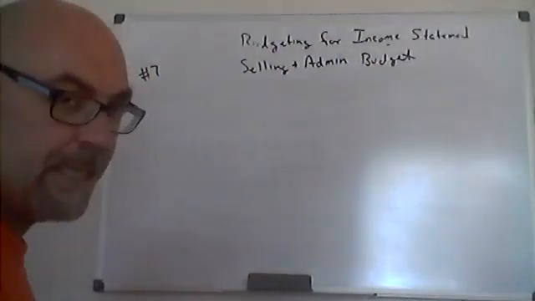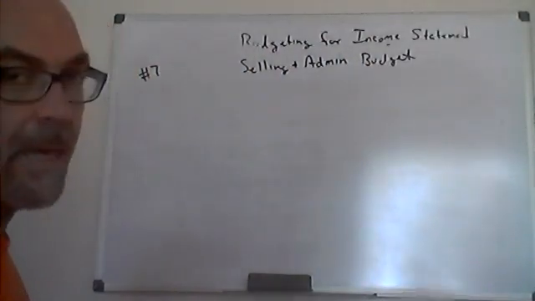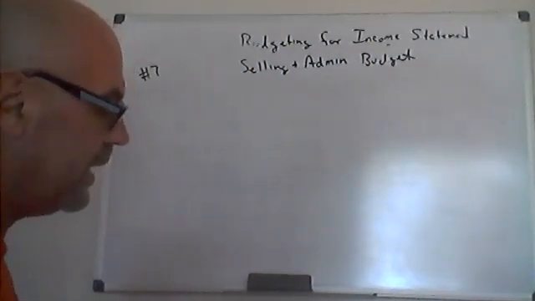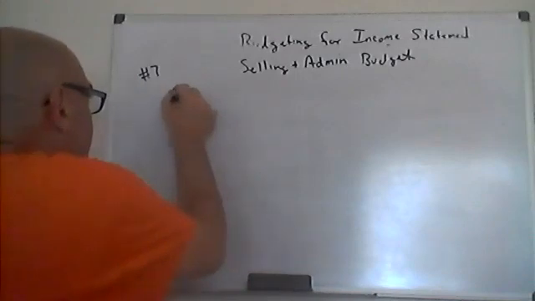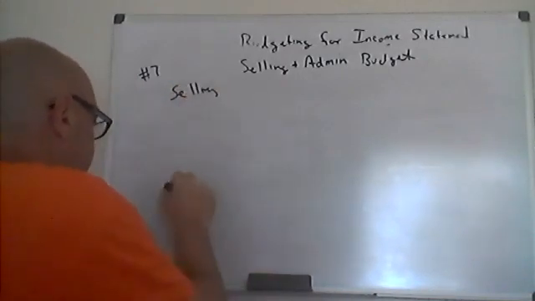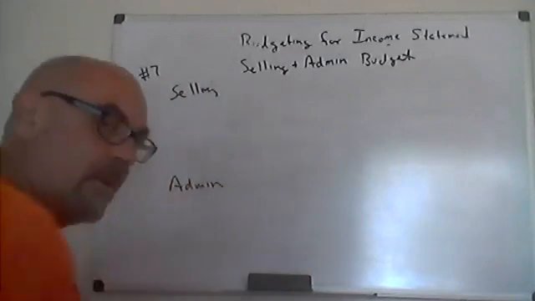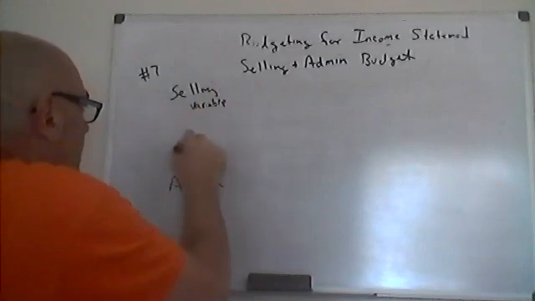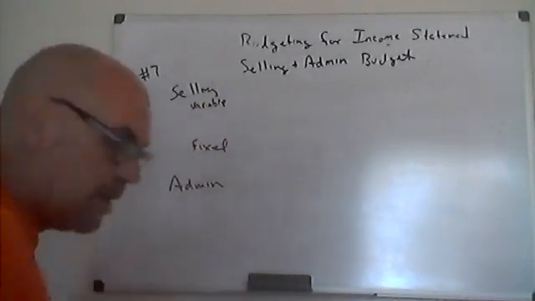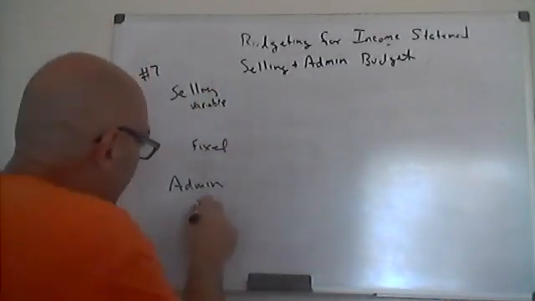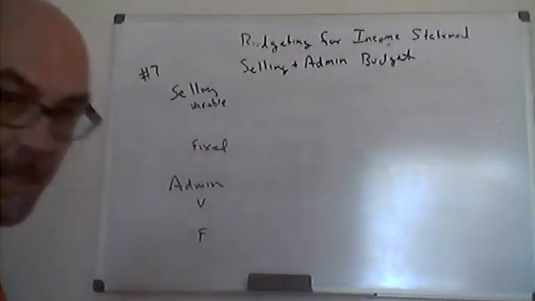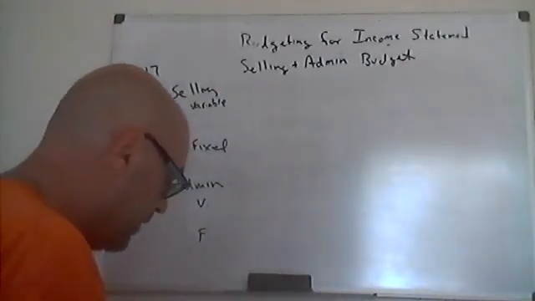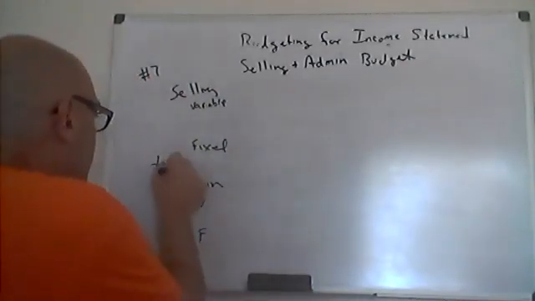Okay, the selling and admin budget is on slide 20. I'm not going to run through this one. I mean, I'm going to run through it, but I'm going to do it very quickly. So what you want to know is you keep your selling and your admin separate. And within the selling and the admin, you would have variable and fixed. And then you would have variable and fixed. The hardest part is going to be going through and picking them out. If they're in there, stuff will be given to you. Add them together to get a total selling